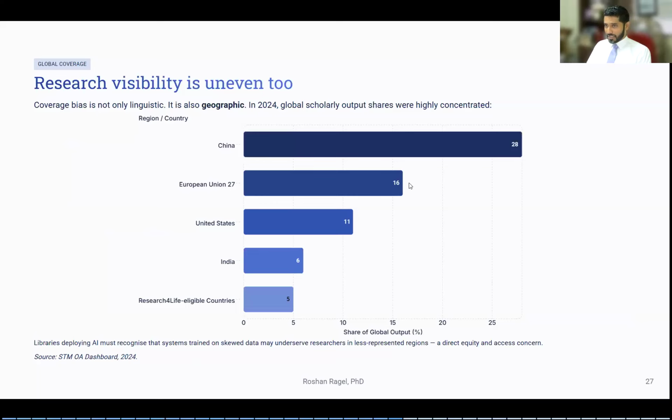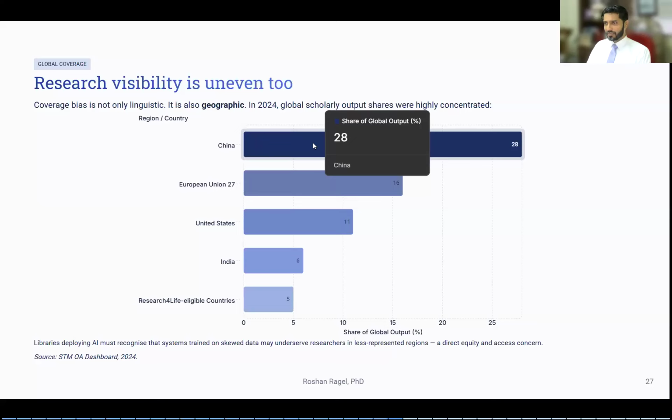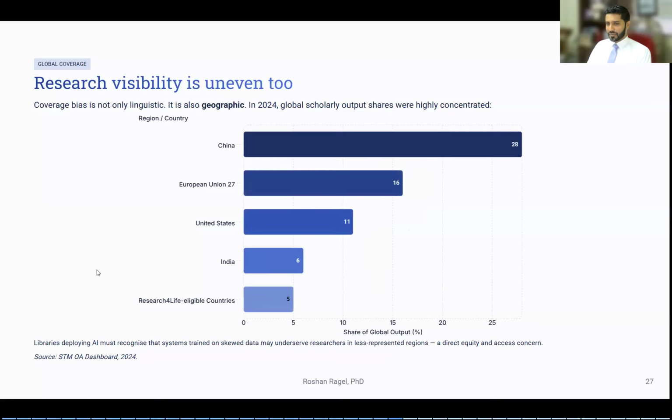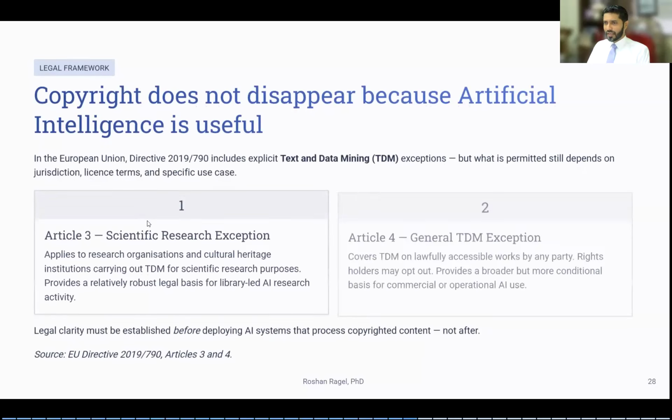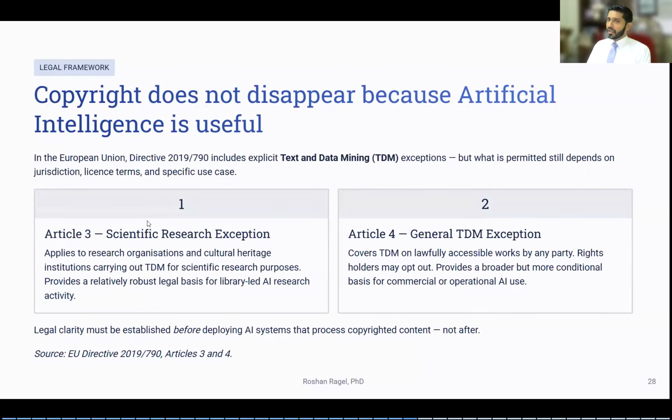Globally, if you take certain countries, they have more coverage compared to others. You can see a few dominant ones here in terms of library deployment. And this is again coming from the open access dashboard I mentioned at the very beginning of my presentation. So that's also another challenge. How do we come out of it? Obviously by doing more work and contributing to this knowledge base. And geographically, that is also a challenge.